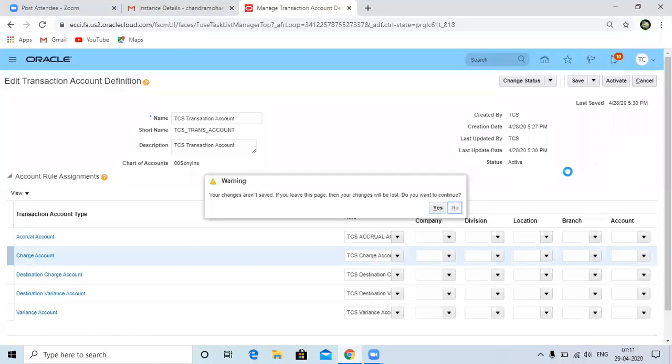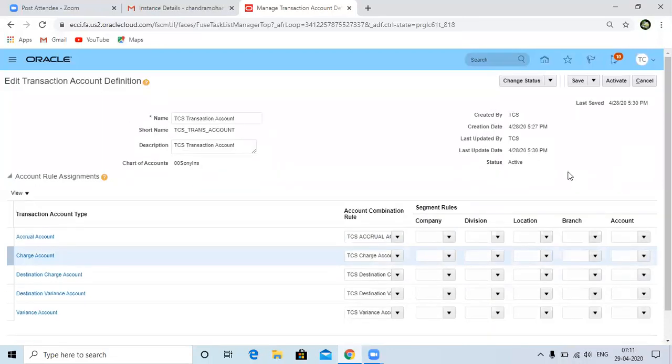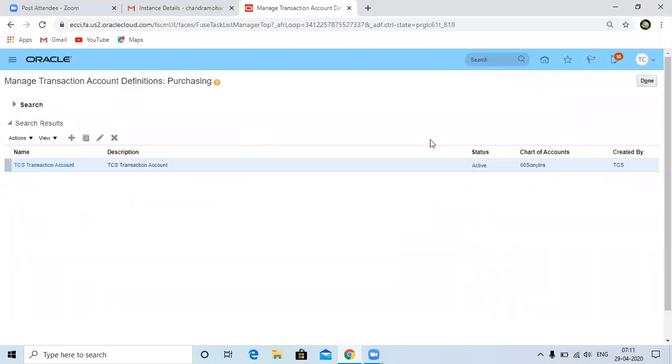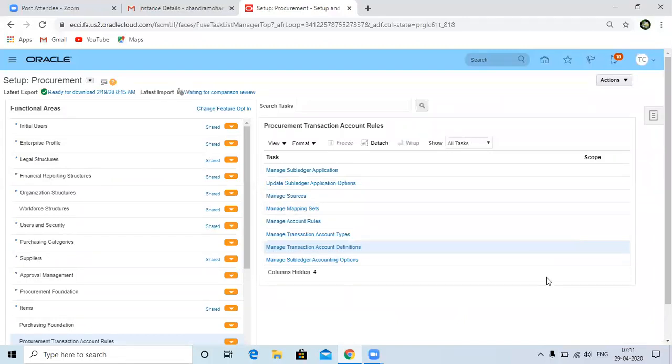So once we completed this account definition, then somewhere in the system we need to assign that we need to use this transaction accounting builder for my particular ledger, right? Otherwise, how does the system know which transaction builder it has to use? By default, at system level, whenever you are creating the ledger, it will default to one of the standard accounting builders. Okay.